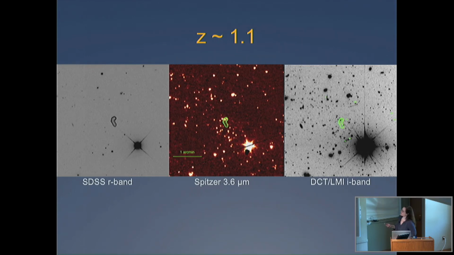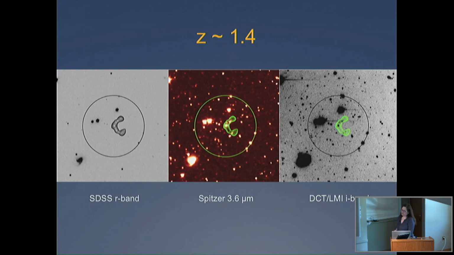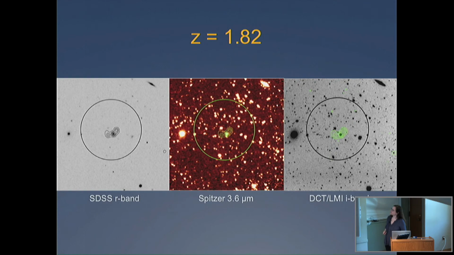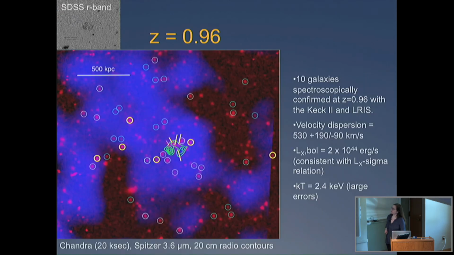This is another one. We have a redshift estimate of this of 1.1. So you can see it here. It's got this unfortunate foreground star, which makes it a little challenging. This one, which is the poster child, because it's such a nice C, and this is not very good observing conditions, but you can see that the host is detected there in the I band. And then this one is a Quasar Environment, and there's all kinds of stuff going on here in Spitzer in the 3.6 micron image, but it is significantly detected there.